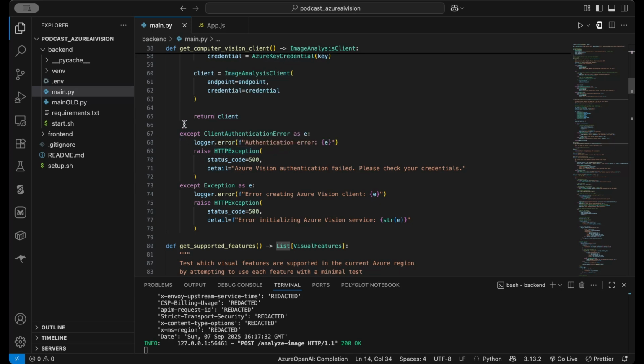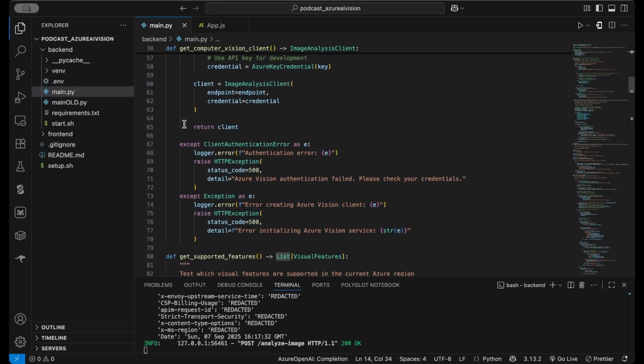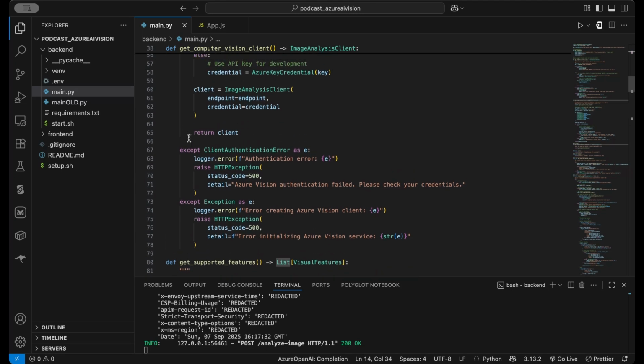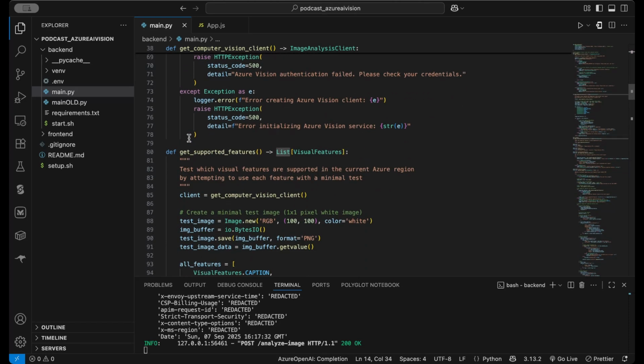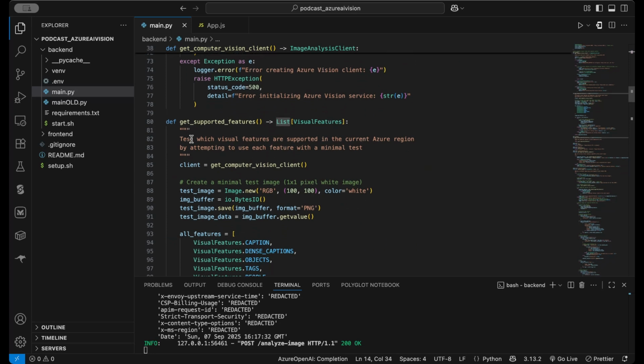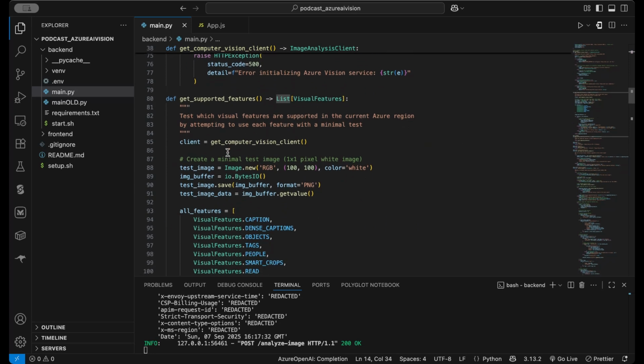Now, this is a very evolving field. Azure itself changed their API quite heavily in the last months. So expect that this will change. It is working right now, but in a few months, maybe a new, better API will come. Nevertheless, let's go further. So then, as I said, some features are supported in some